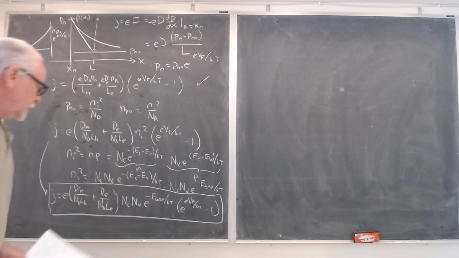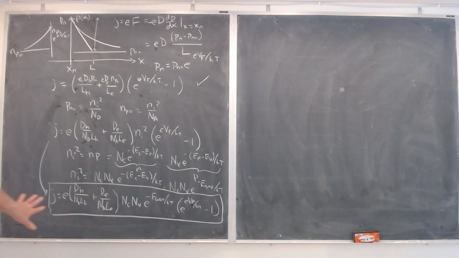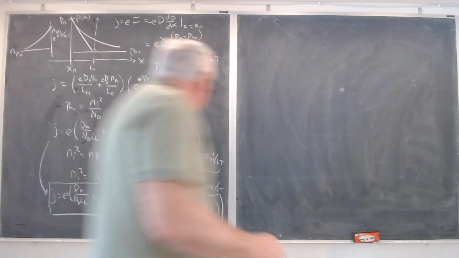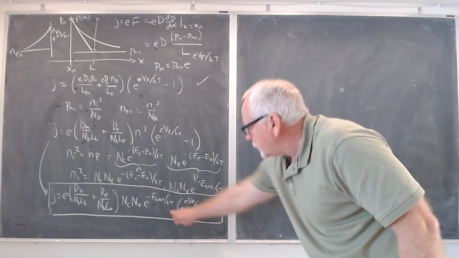Okay, so what I've done is I've taken this, which again you can remember from your picture, and plugged in to show you something: that the current goes as e to the minus E gap. And in fact, very importantly, if I distribute that,